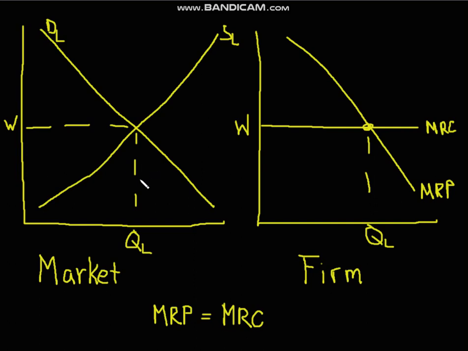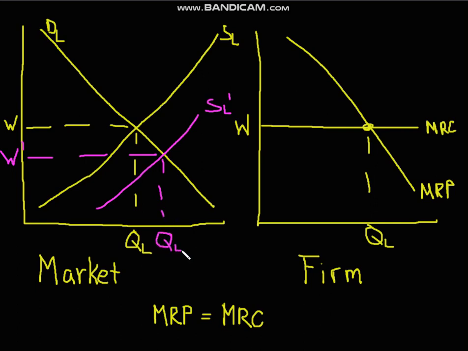Now, if there's any change in the market graph, for example, supply increases or decreases, what would make supply increase or decrease? Well, a change in population, the willingness of people to work, either fewer hours or longer hours. That would all shift the supply curve. So let's say there's an increase in the population. The population increase will lead to supply shifting to the right. And when that happens, we get a new equilibrium with a lower wage,